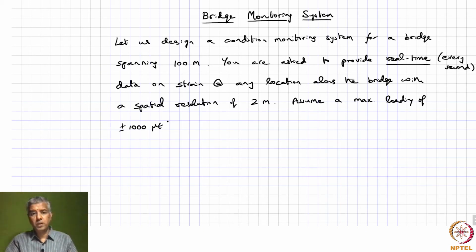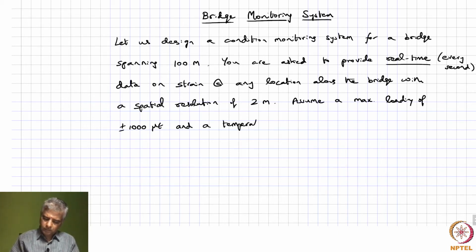If it goes beyond 1000 microstrain, then you are supposed to raise an alarm, but up to that point you are supposed to just give a value at each point along this bridge. Of course, when you're trying to measure strain, you're also having to contend with changes in temperature. So we can assume a max loading of 1000 microstrain plus or minus, and